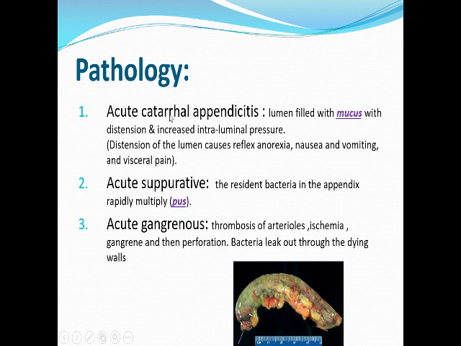This is acute catarrhal appendicitis. Take care, in this stage it is still reversible. You might use intravenous antibiotics and the inflammation is resolved. But if it progresses, this situation transforms from a catarrhal one into a suppurative one. In suppurative appendicitis, the appendix is full of pus. In the earlier situation, the appendix is full of mucus only. But if the situation increases, the mucus turns into pus, and the appendix is full of pus,